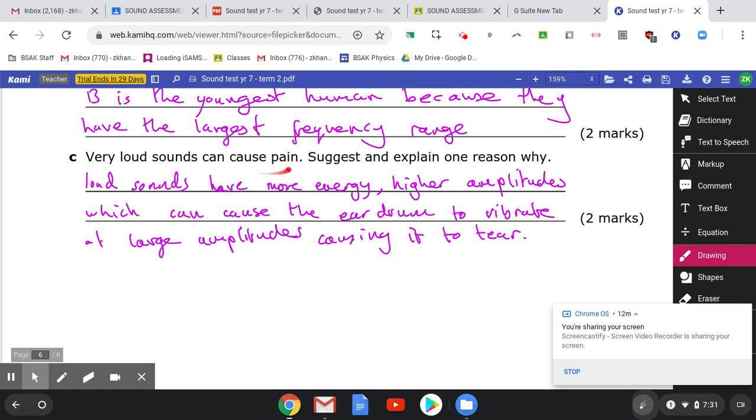Part C, very loud sounds can cause pain. Suggest and explain why. Okay, loud sounds have more energy. That means that they have higher amplitudes, which can cause the eardrum to vibrate at large amplitudes and causing it to tear. Okay, so suggest a reason why loud sounds have more energy, high amplitudes, explaining how does that cause damage to the ear. That causes the eardrum to vibrate with large amplitudes, and that could cause a tear. And that's your second